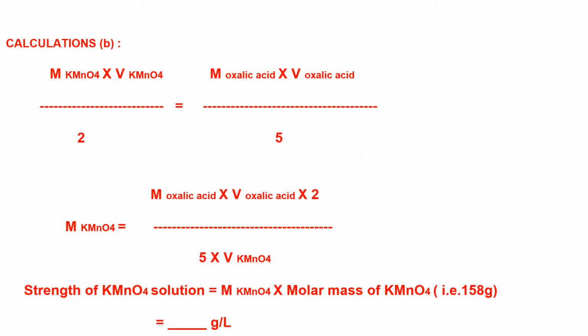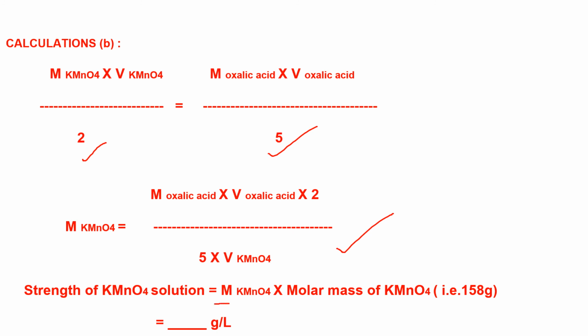Then the calculation, this has to be done just below the table on the left hand side page only. So there in the previous one you had 2 and 10 here, but in this one we have 2 and 5 in accordance with the chemical equation, the way we balanced it and the factor we are considering. So that's why this is 2 and 5 in this case. Rearrange the equation and you can calculate the molarity of KMnO4 by putting all the values.